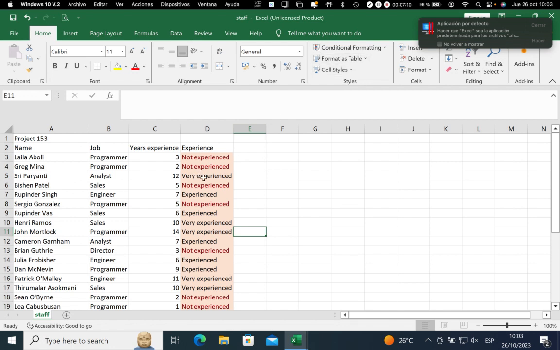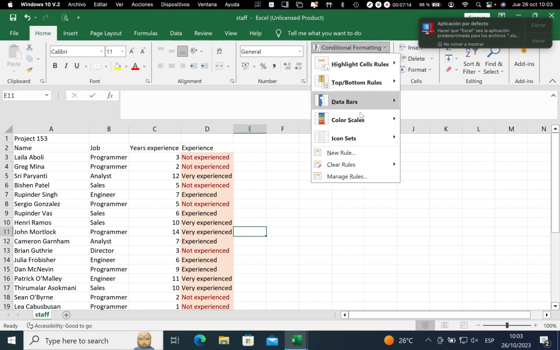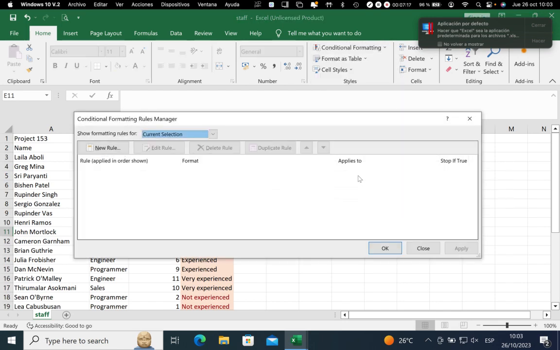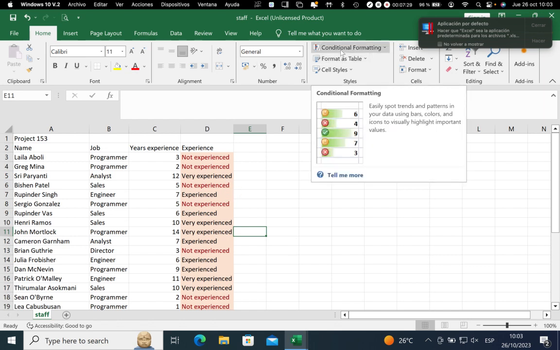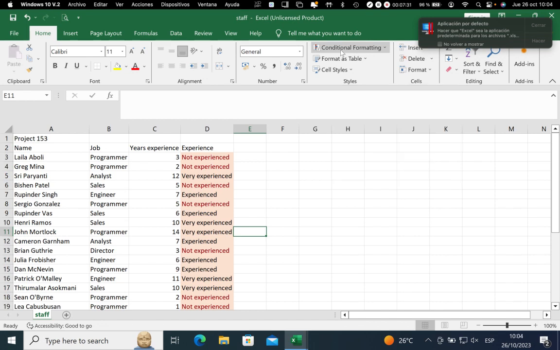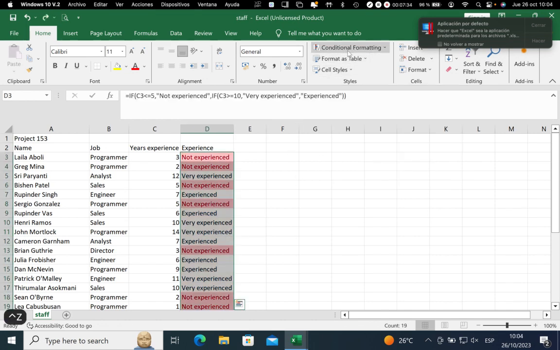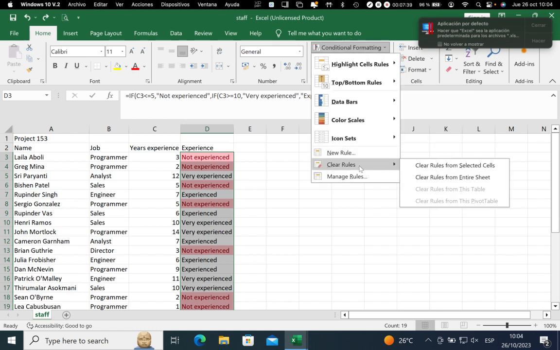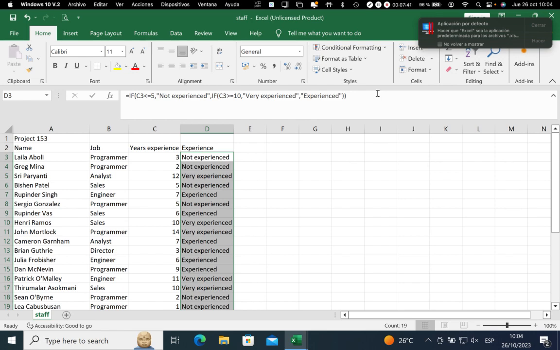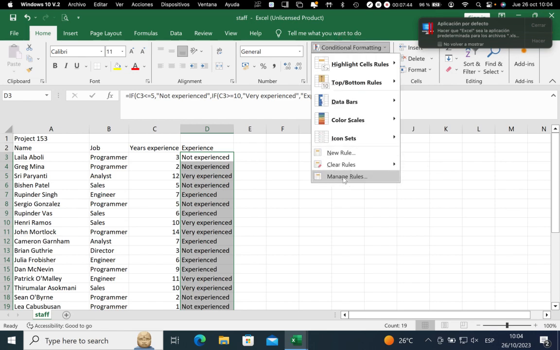So I need to figure out why experience is not working. So I'm going to go to manage rules. I can do all of them at the same time. So let me go back and I'll explain this in a better way, because I normally do one by one, but maybe I don't need to do this. Okay, so Control Z, and I'm going to clear rules from the selected cells, and then I'm going to go a different way, manage rules,